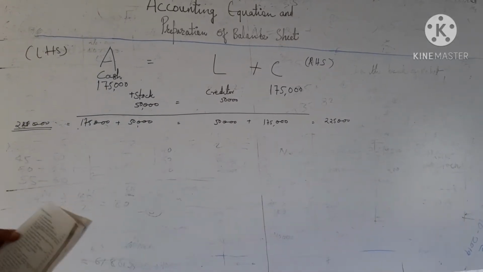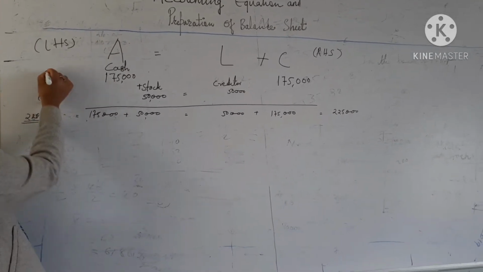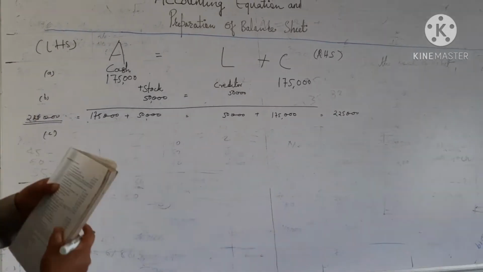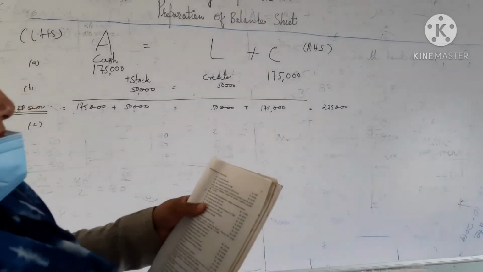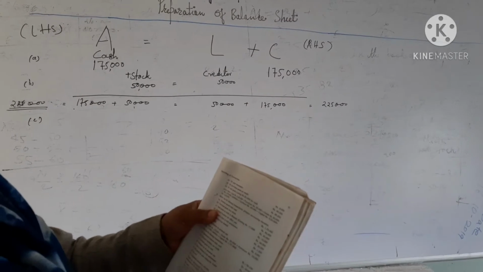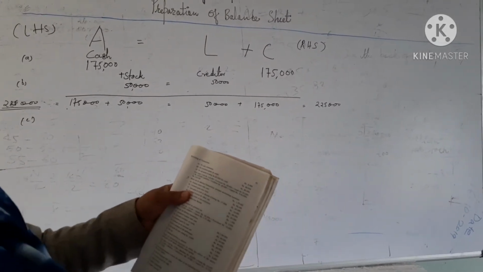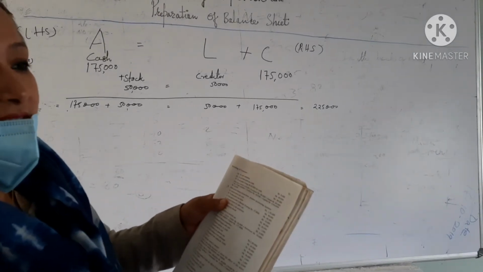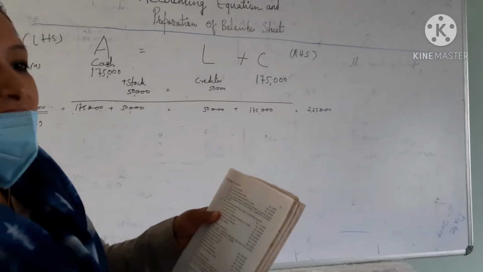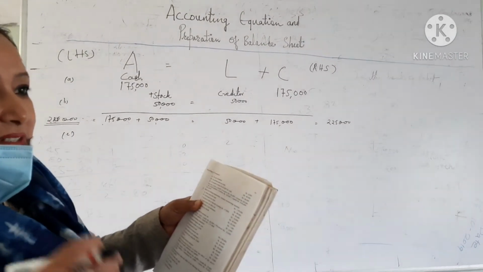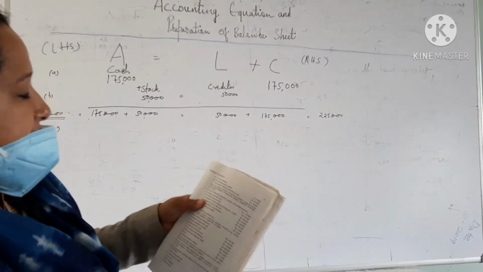Now what is the effect of C transaction? This is the B transaction and this is the A transaction. C says that sales goods on credit to Manish. Now here the transaction is again a credit transaction because Manish's name is given. Now when the business gives credit, debtors increase. If it would be a cash transaction, then cash increased. But since the goods are sold on credit, it is debtors increased, isn't it?